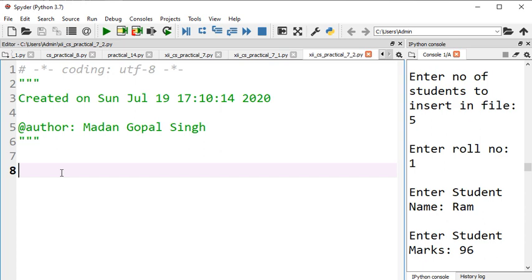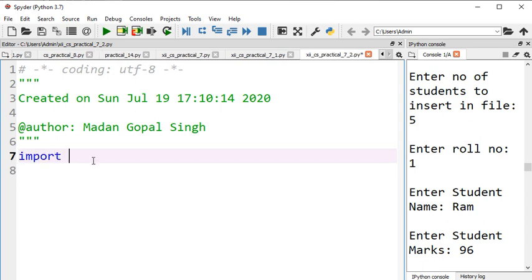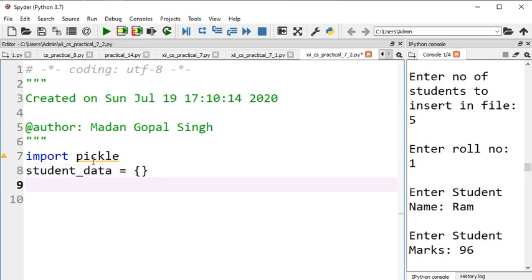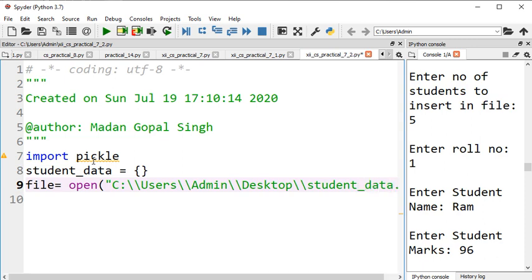So that we can check whether the student record is updated or not. That we need to check. For that purpose we need to read the content of the file. So you can simply write this logic. So import pickle, and let's use student_data. We are going to completely print the whole content of the file. So file pointer I am going to open, and let's say copy the path. So users/admin/desktop, and then you will pass the student_data.dat.